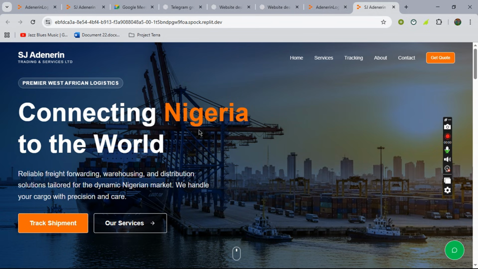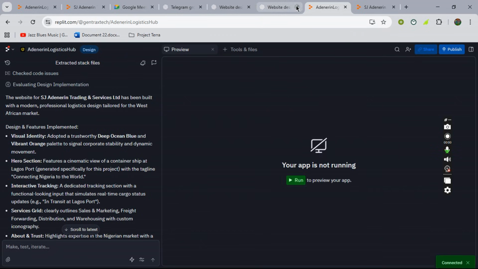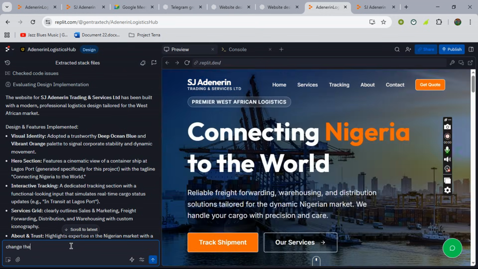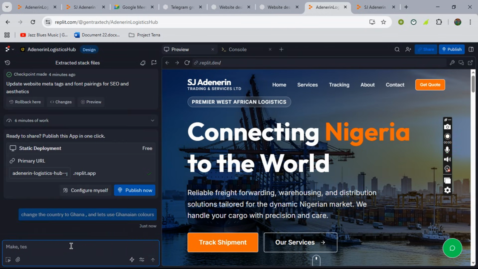So if it generates something you don't like, okay, let's change the Nigeria. We're going to change this Nigeria to Ghana, right? And then ask it to use Ghanaian colors. That's what we are going to do. Okay, so we are going to head here real quick and then we'll type here: change the country to Ghana, and let's use Ghanaian colors. We hit enter,